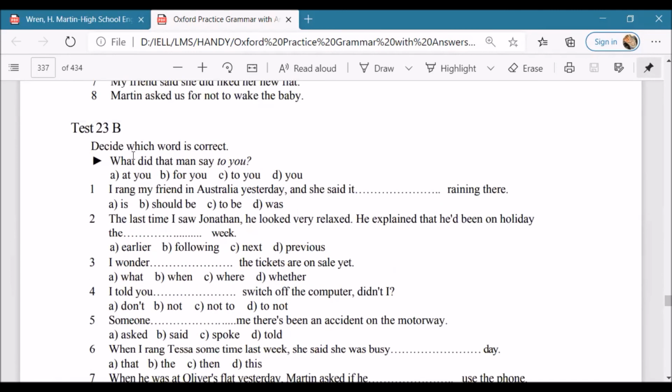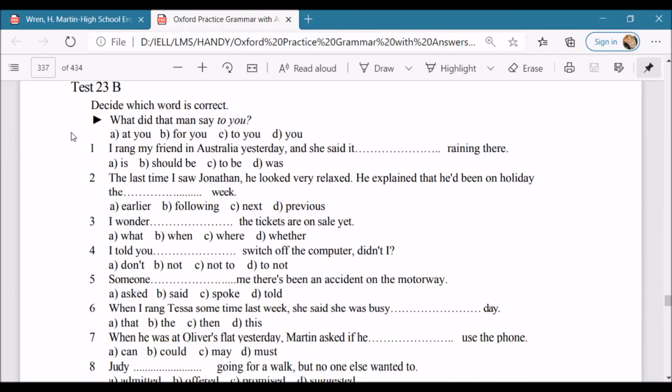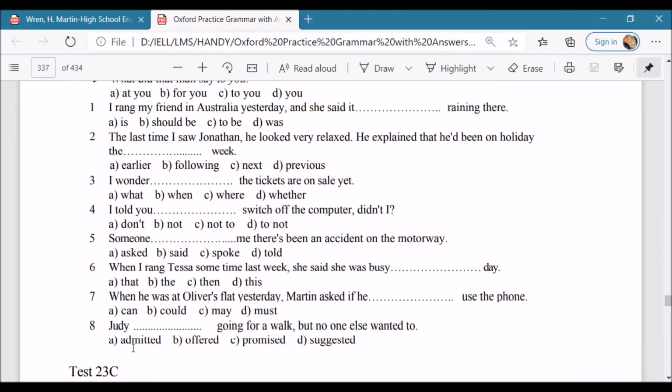So here you have to decide which word is correct, and that would be most appropriate when we are making the changes in the reported speech. Okay, choose the right option, and maybe you can write the sentence with that particular word. Like the correct option here is "to you", so it's already done. So you can write that or just choose that right word and write it in the comments. So you write test 23B and solve this exercise. You can take a screenshot of these 8 sentences.